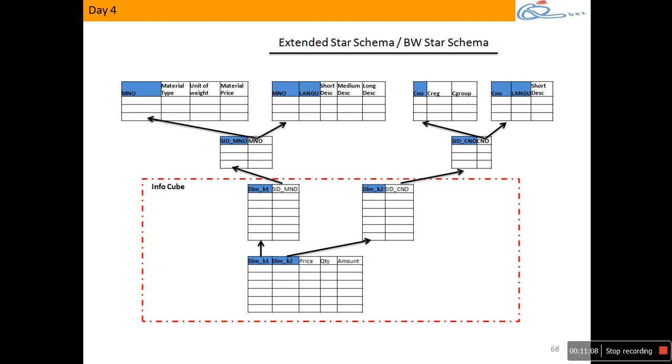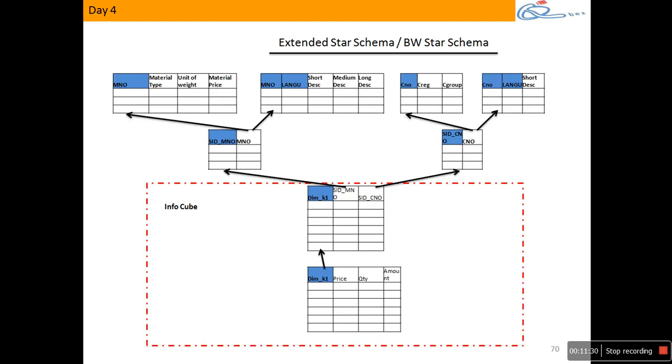Any doubts in this? Tell me, ask now. Fine, I have a doubt. My doubt is how many SID tables can I link up to one dimension? 240, right? Then instead of using 2 dimension tables here, I can use 1 dimension table and connect the SID table of customer and the SID table of metal number to the same dimension, right? Can't we do it this way? See what's wrong with this. Look at the picture, see what it did.